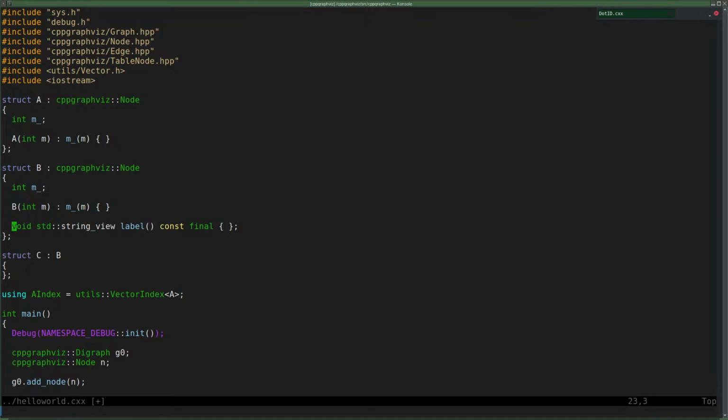But it's not final. So if I make this one final, I cannot override it again. Just make it override. Override of the virtual function in node that is overridden here. And then I'll say return B, that would be the label, I guess. Not even sure if it compiles, but